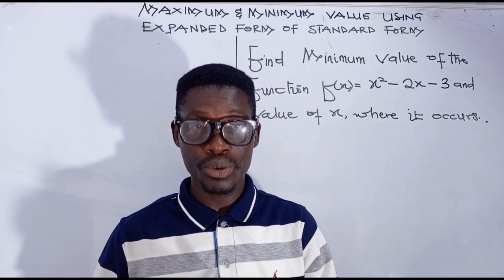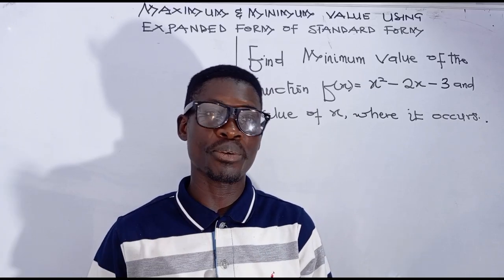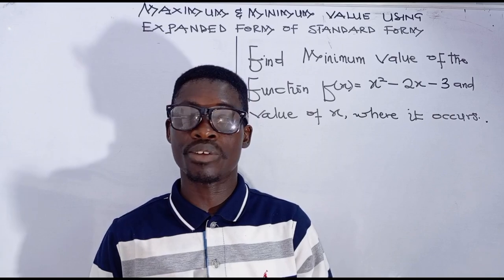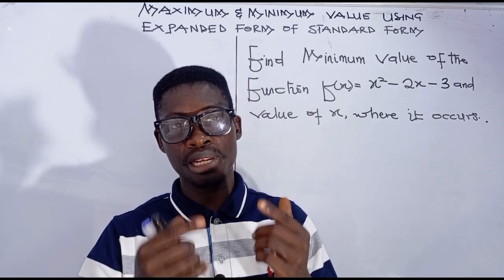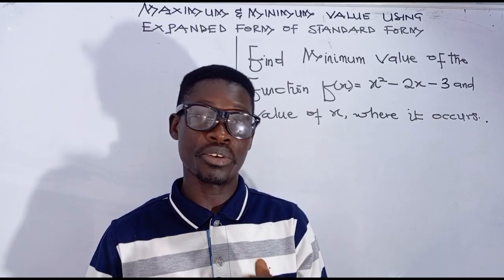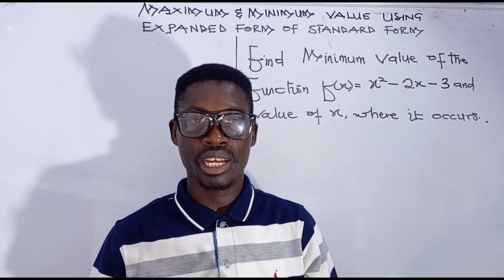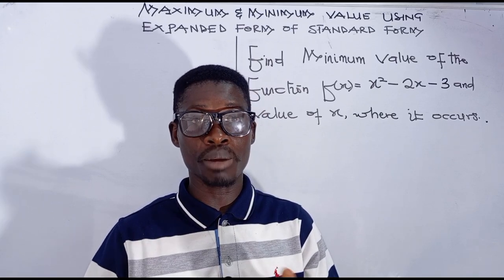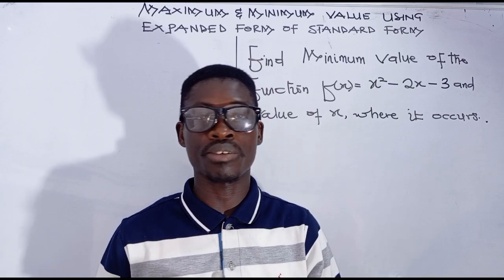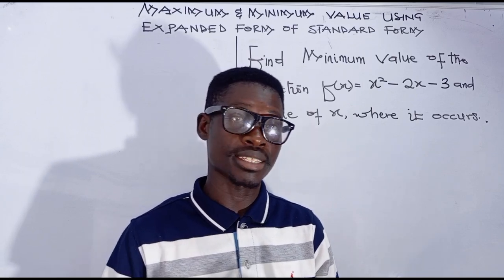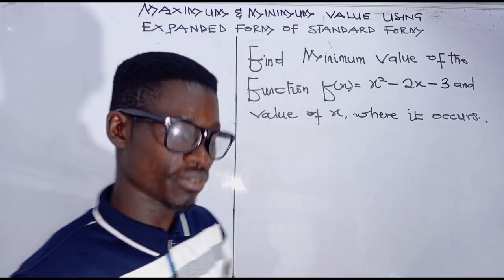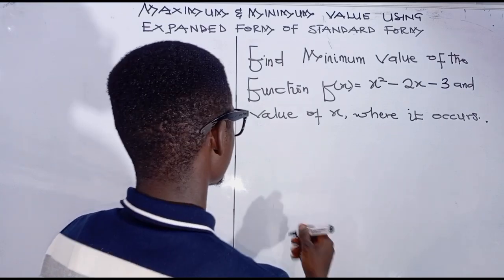So we want to look at how we can use the expanded form of the standard form of a quadratic function to find the minimum or the maximum value of a quadratic function. In our previous lesson, we were able to come out with the standard form of a quadratic function. And we said that the standard form of a quadratic function is giving us